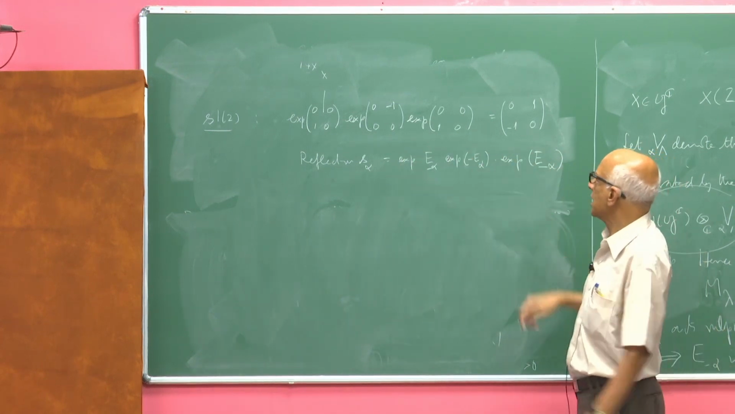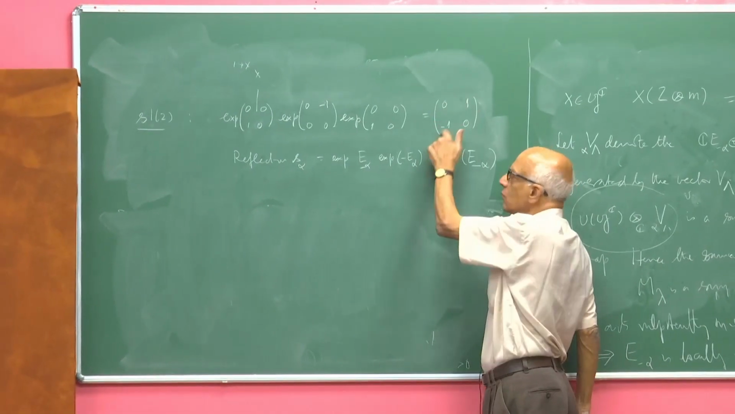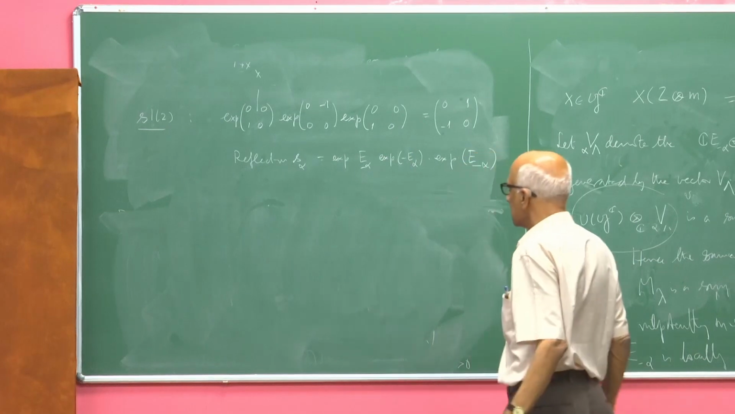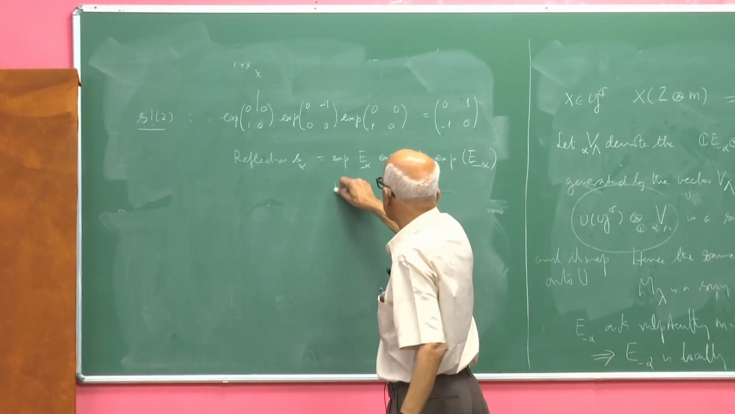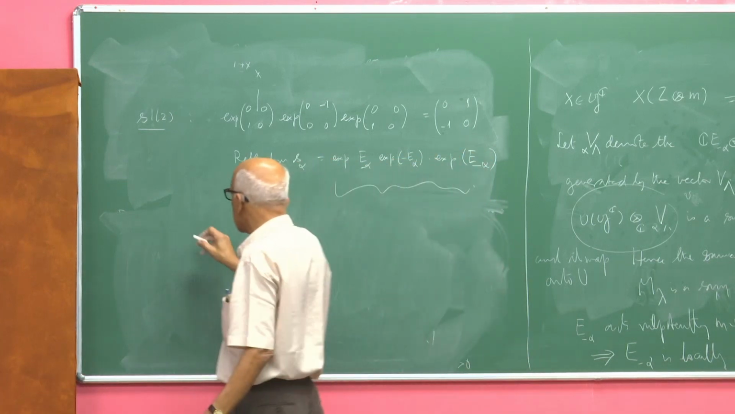This is a simple calculation. I may be off by sign, but it does not matter. It could be minus 1. Okay, reflection s_alpha becomes this. But then if you do so, you find in any finite dimensional representation